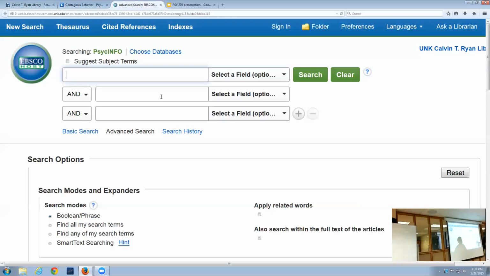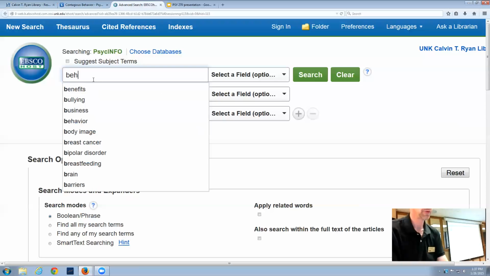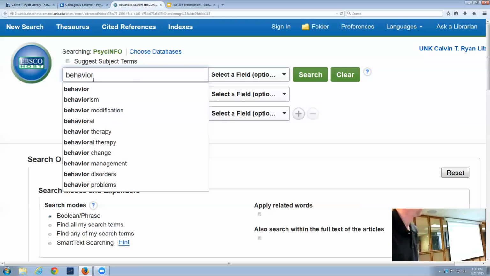And so we'll use that to our advantage. To think of our research topic, looking at contagion and behavior, I'll try to split that across into two different rows here. But before I get too carried away, I do want to at least make mention of a significant feature within PsycInfo that sets it apart from a lot of other library databases, and that is the